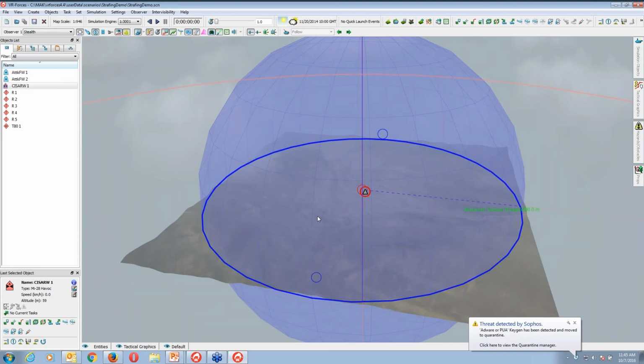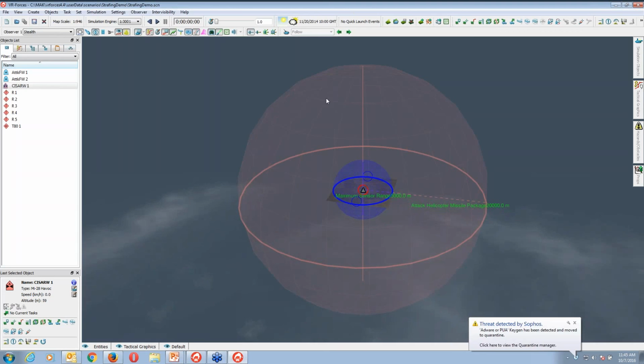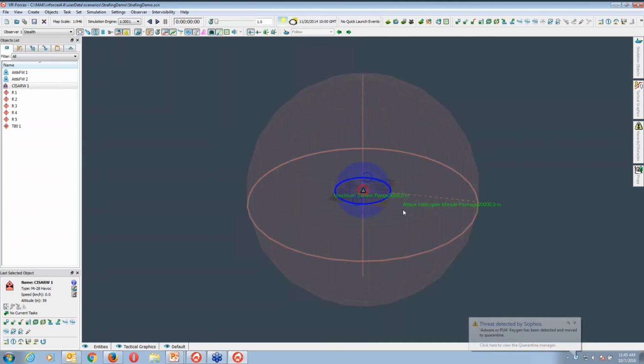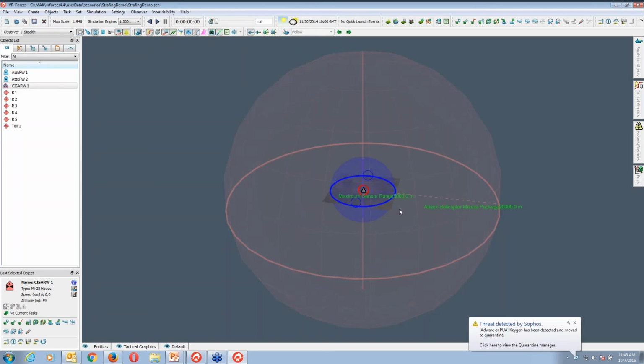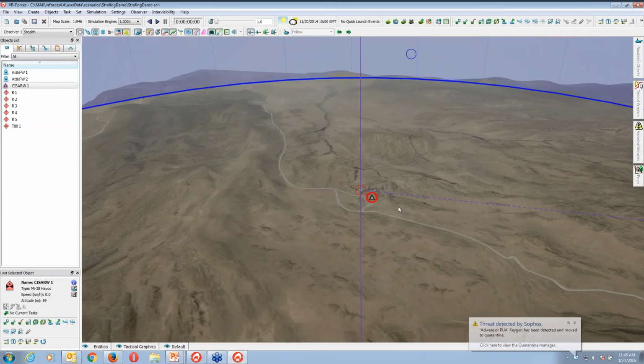If I zoom in, this is your maximum sensor range, 5,000 meters, that you can see in green text. If I zoom out again, this is your black-red spheroid circle. It means this is your helicopter missile range. It's 20,000 meters, 20 kilometers. So this is the 3D sphere ranging circles option.